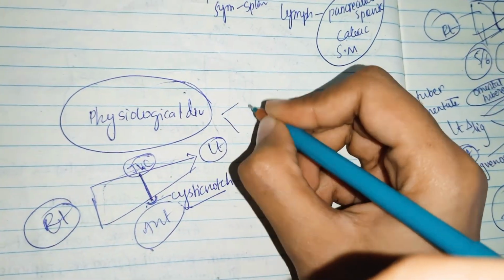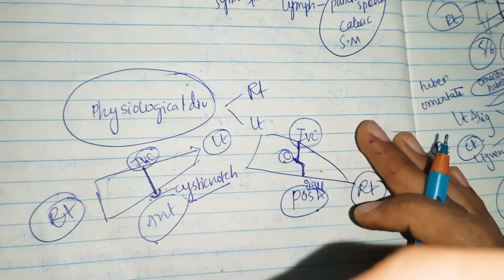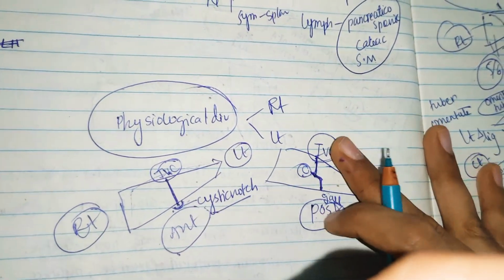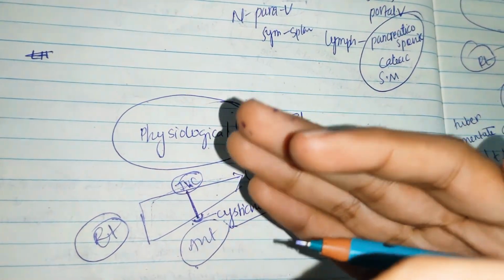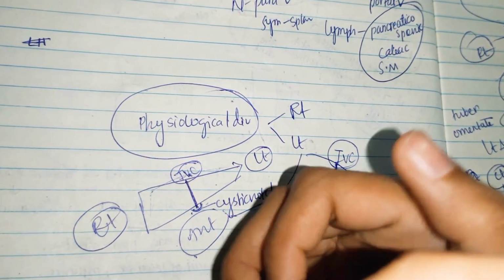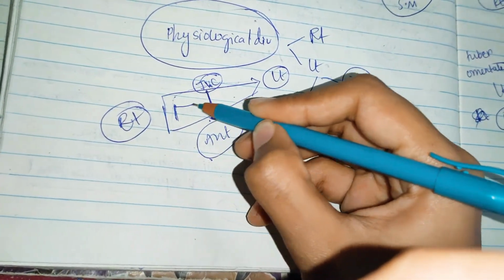In physiological division also you divide the liver first into right and left lobe. Now comes the real story, what happens. So now you have divided it. So now this right lobe is in turn subdivided into anterior and posterior segments. So let me draw a 3D image for this. So let us overlap over here.